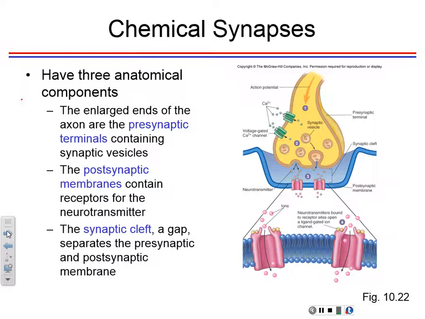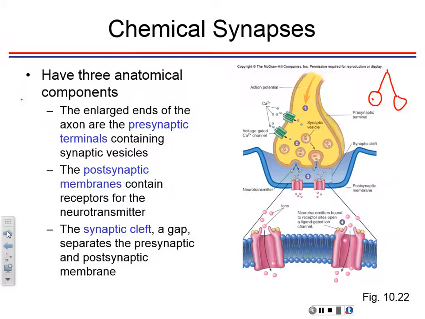Most of these synapses are chemical, and there's several neurotransmitters besides ACH. All right. So we already know about the synaptic terminal, right? The presynaptic terminal. It terminates in a knob like that. And then in that knob, what do you have? The presynaptic terminal, or the presynaptic membrane. You have these vesicles here carrying the neurotransmitter.